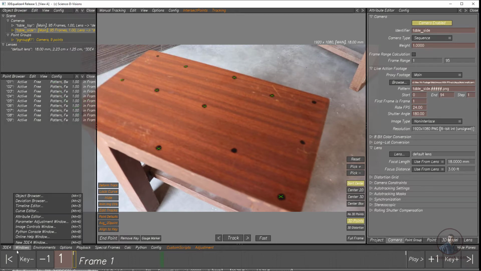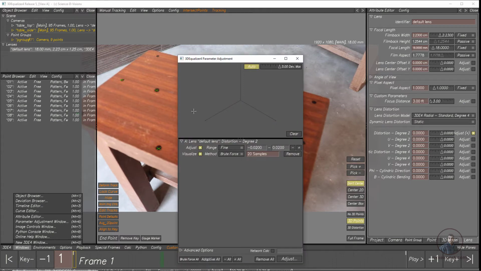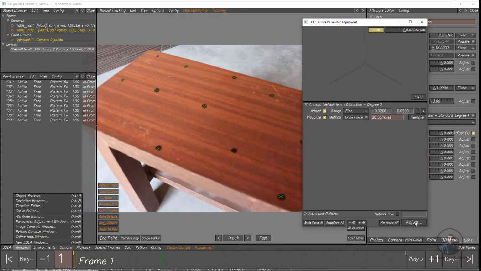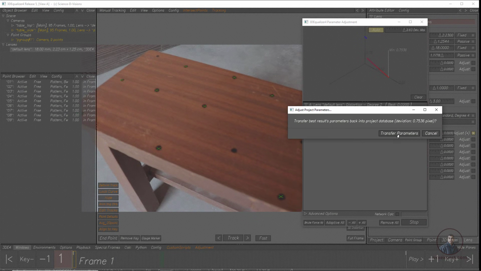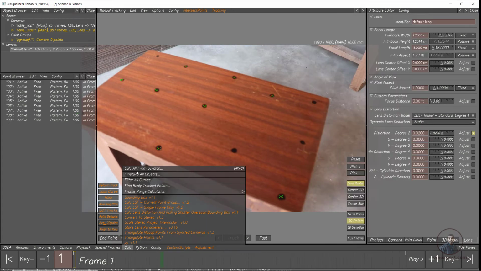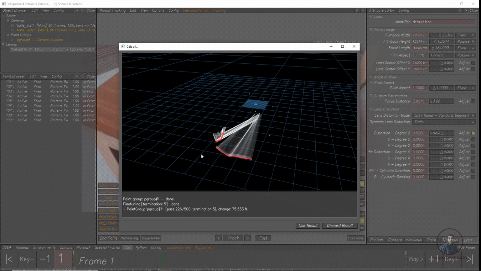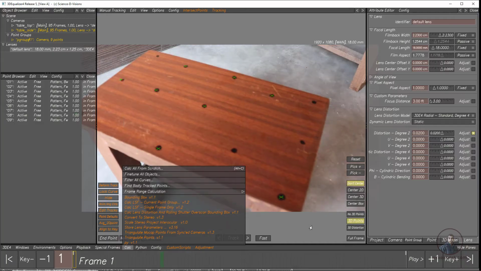Just close this one, then again select your lens, then on the right side you can see this distortion value, then click on adjust, then again Window, Parameter Adjustment here, then on the downside you can see adjust, transfer parameter here. Now again solve the camera, then click on calc, calc all from scratch. Now you can see, I think these are looking good. Now just use result here.